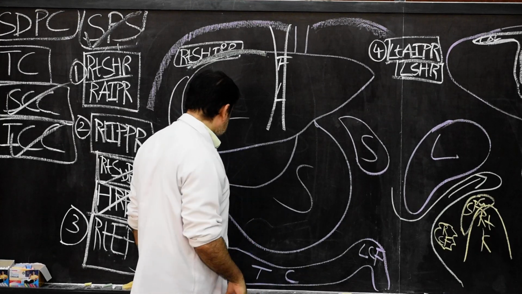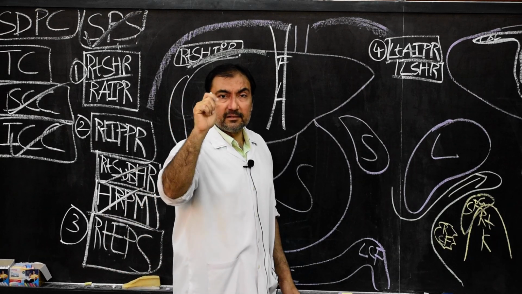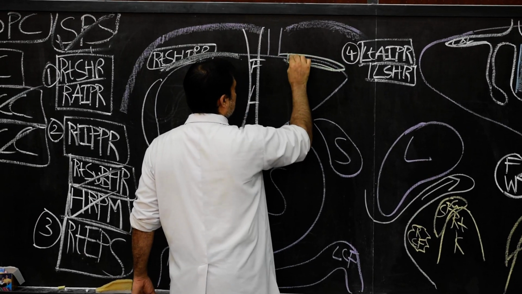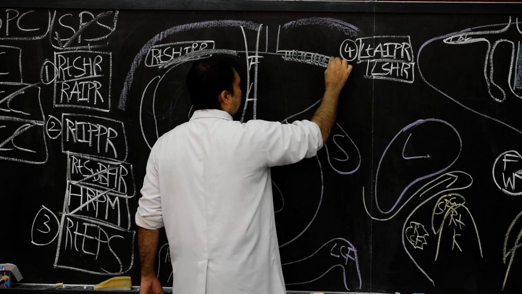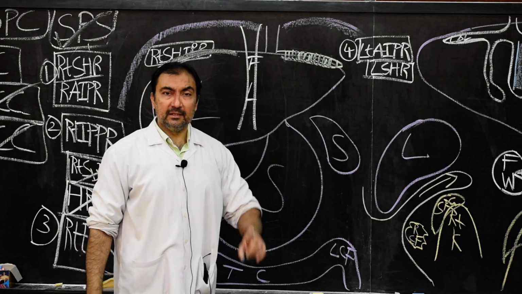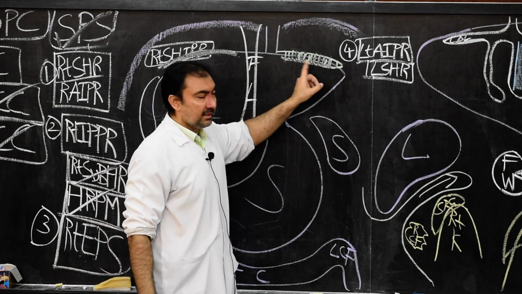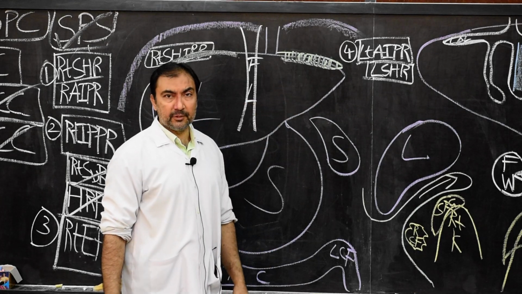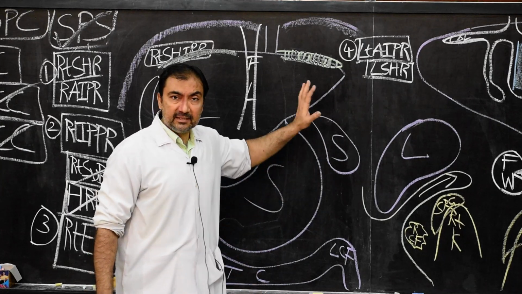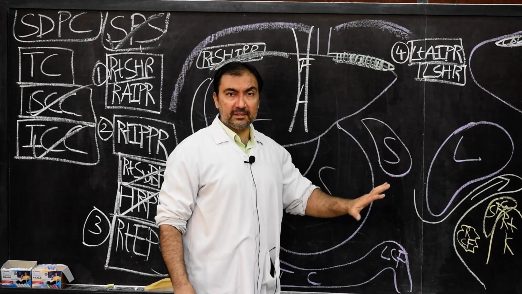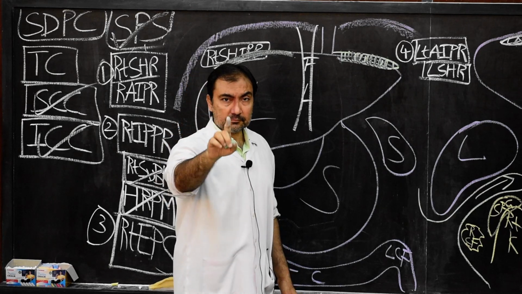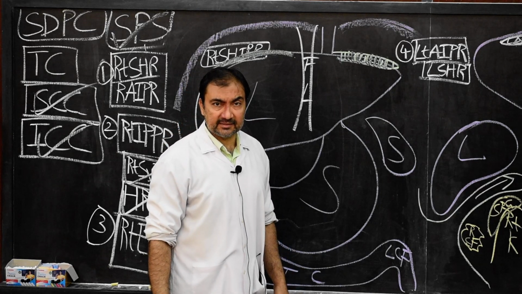Posteriorly, there will be presence of left triangular ligament. Here I will draw this as the left triangular ligament. This is the left triangular ligament. So this becomes the posterior wall of the left suprahepatic space, left triangular ligament, along with the anterior surface of left lobe of liver, along with the spleen, along with the anterior surface of the upper part of the stomach. These are the posterior boundaries of the left suprahepatic space, or the left anterior intraperitoneal recess.